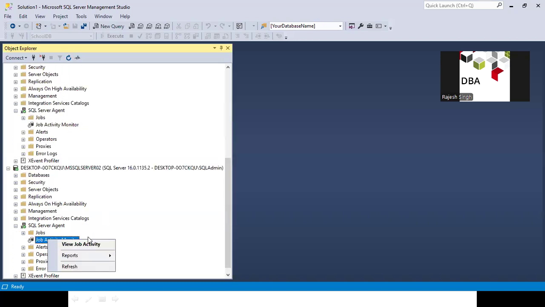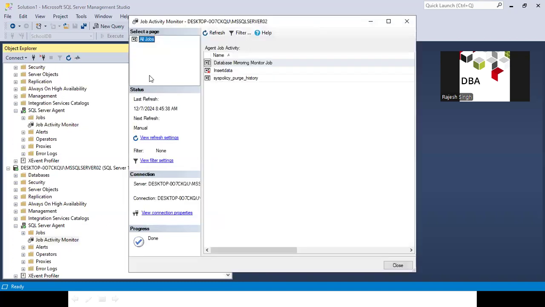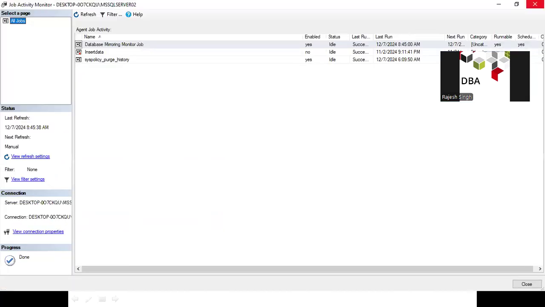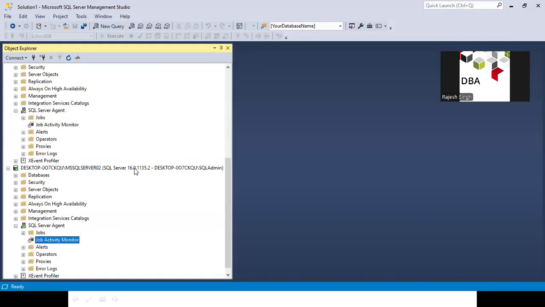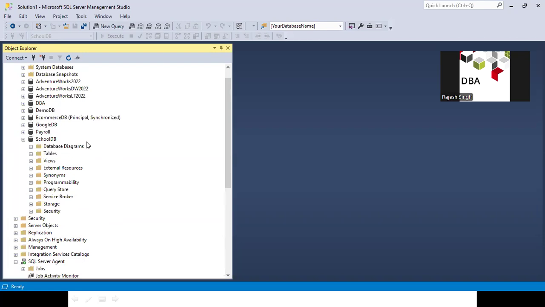And if you open it, nothing is there, basically. I tried a push subscription. If you go with a pull, then the distribution job will be created on the secondary server. So that is the only main difference.